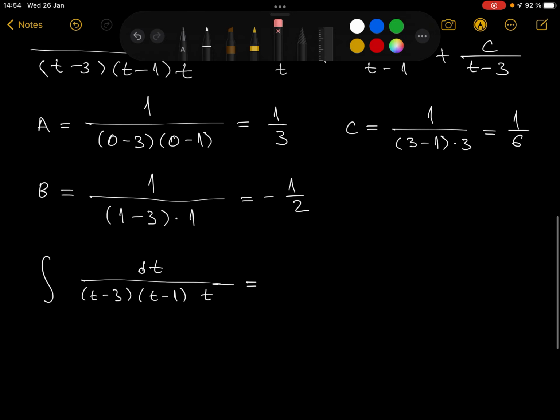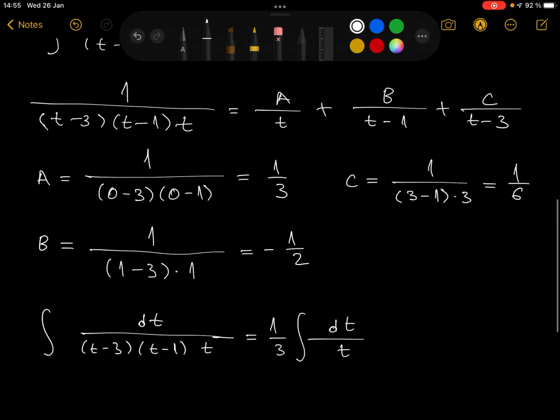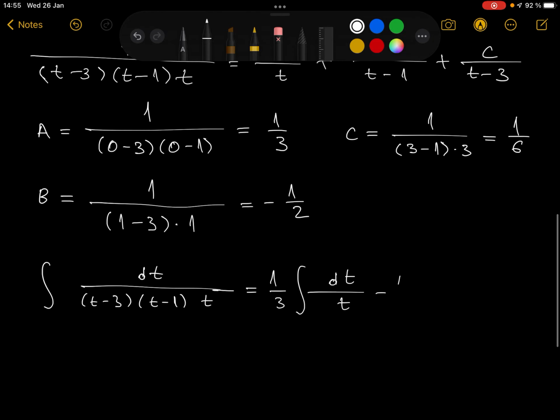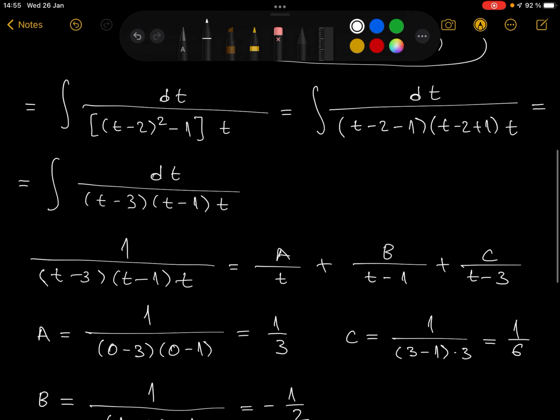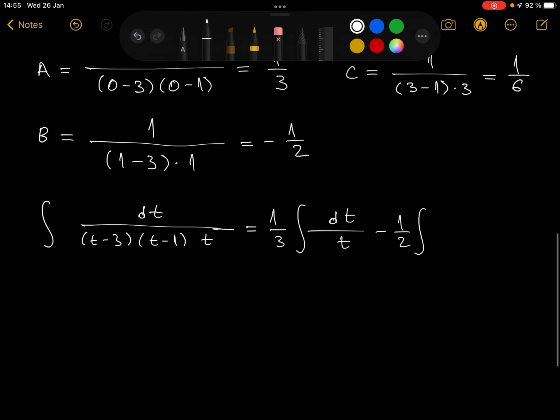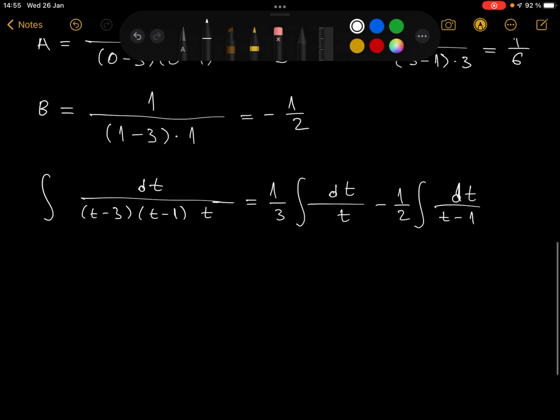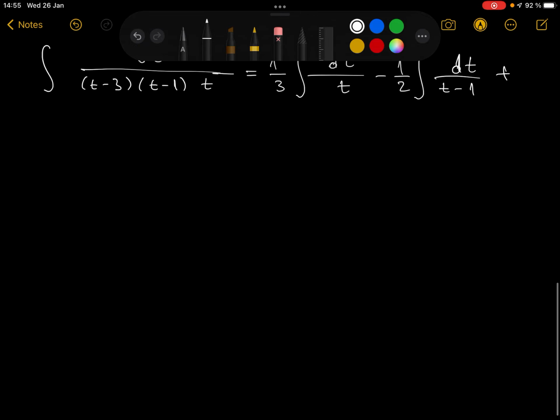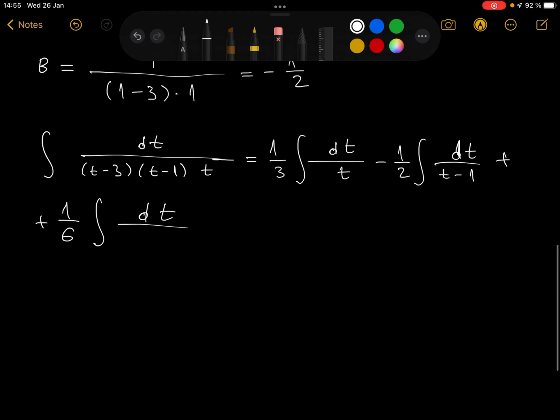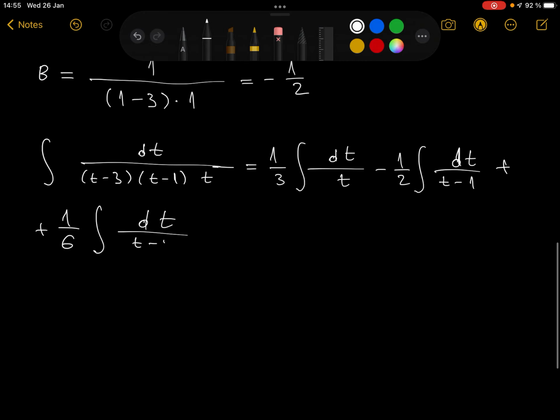A of 1 as 1/3 of the integral of dt over t, minus 1/2 of the integral of dt over t minus 1, plus 1/6 of an integral of dt over t minus 3,